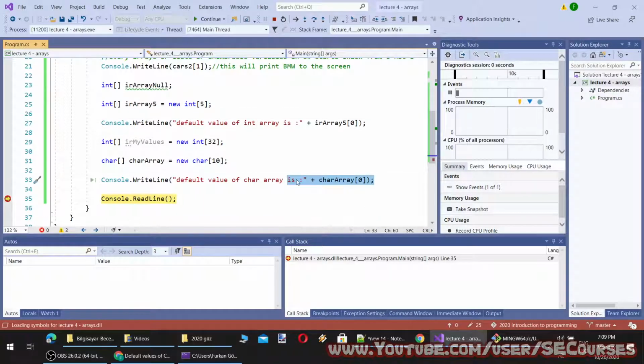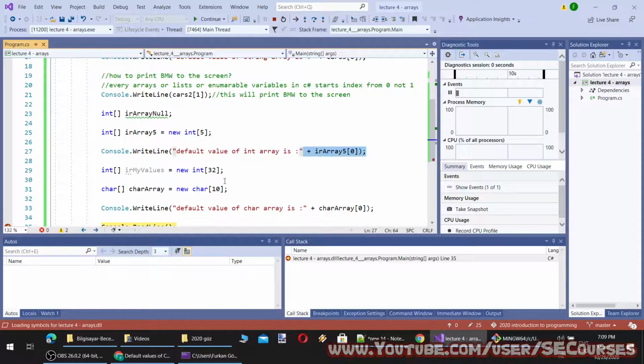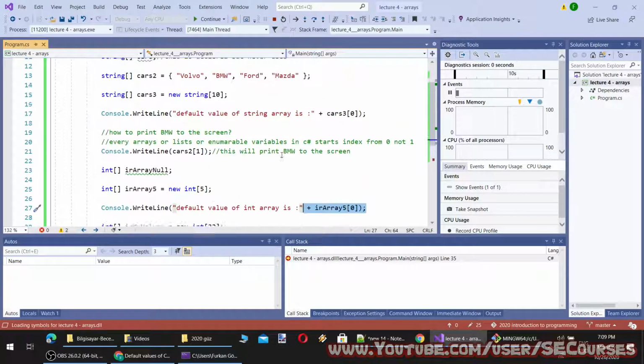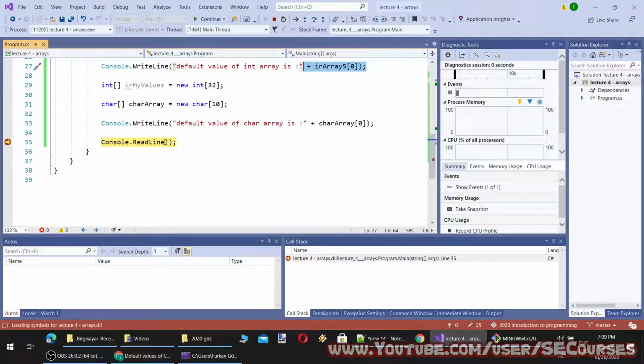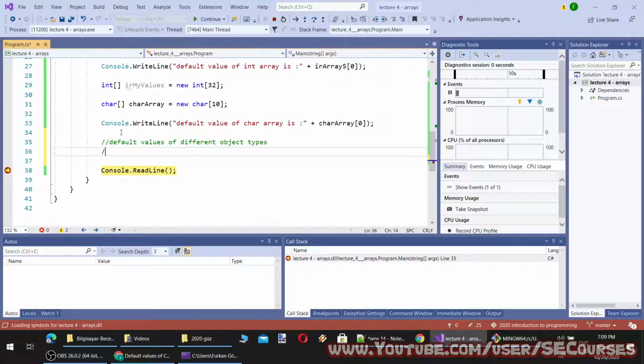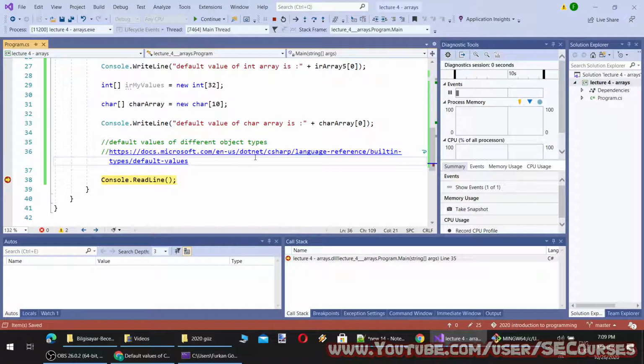That means there is no character. This is 0 because it is integer numeric type. Floating point types are also the same. So I will put it here: language reference, built-in type default values.